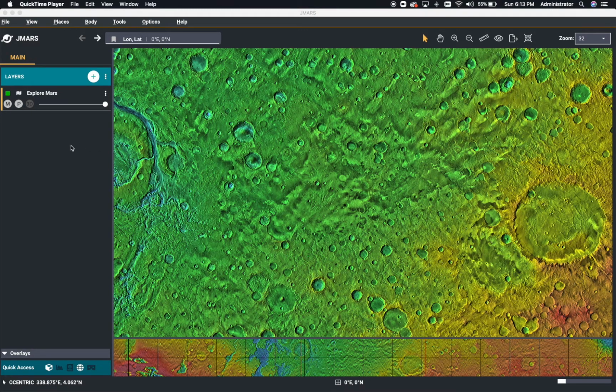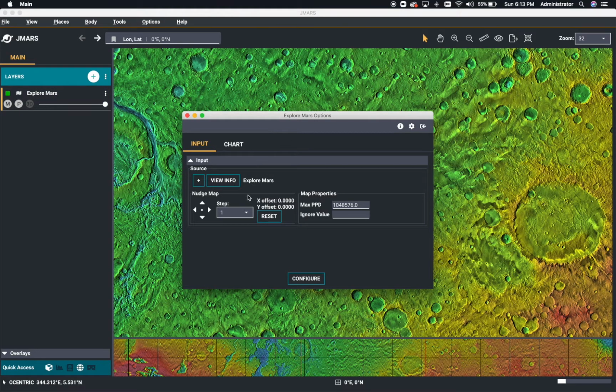So the first thing you want to do is pick a layer in your layer manager and double click it. I only have one layer loaded right now, so I'm going to double click that layer. This opens the focus panel for that particular layer. In the top right hand corner,